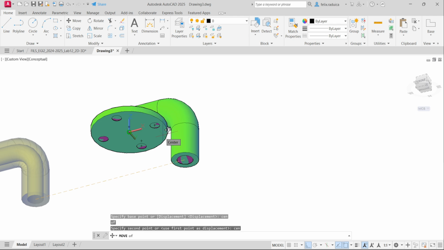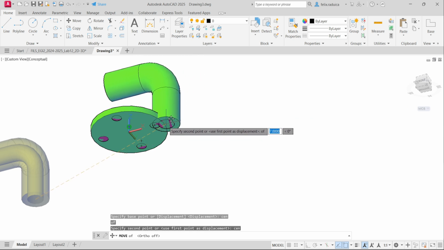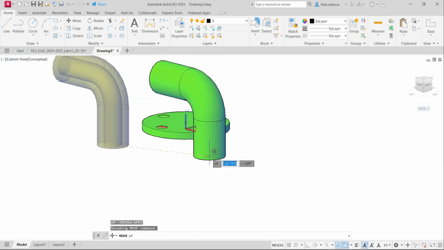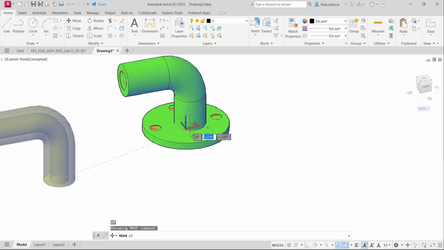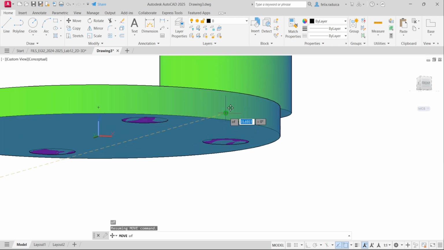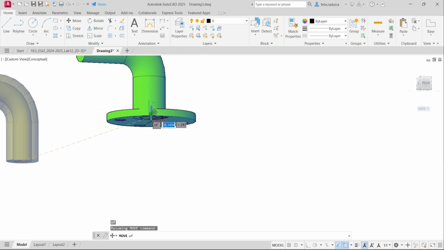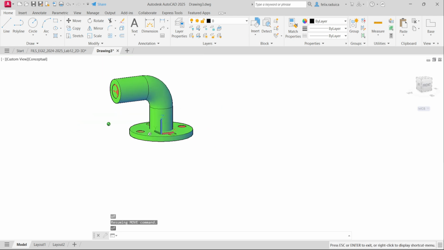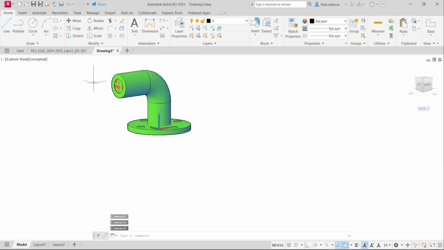So this is making these strange movements because I have my ortho activated. So let me place this, like I want it to be snapped to the origin point actually, but the origin point is also the center point of the flange. I want to snap to exactly here. So there it is. I moved it there, and I have to make sure that this goes through, because my dimension here,